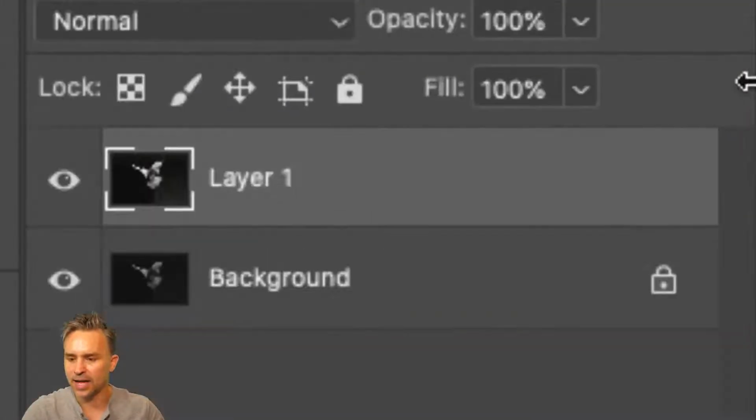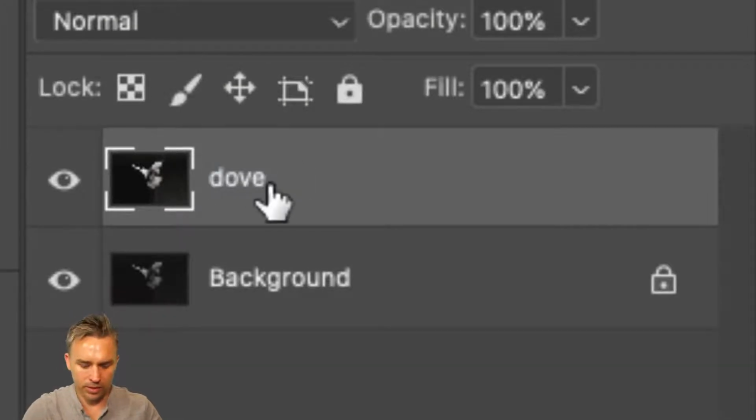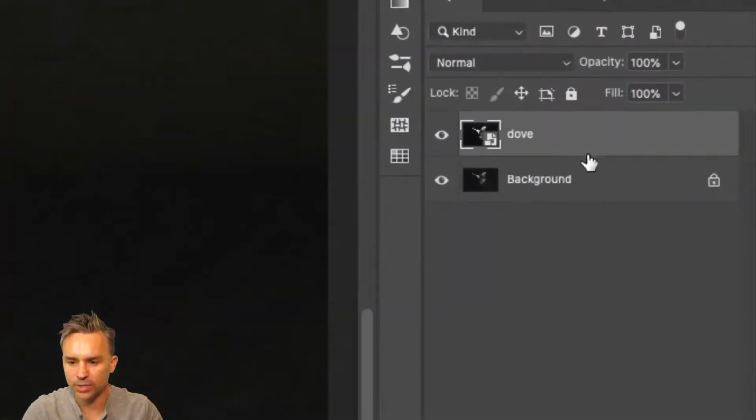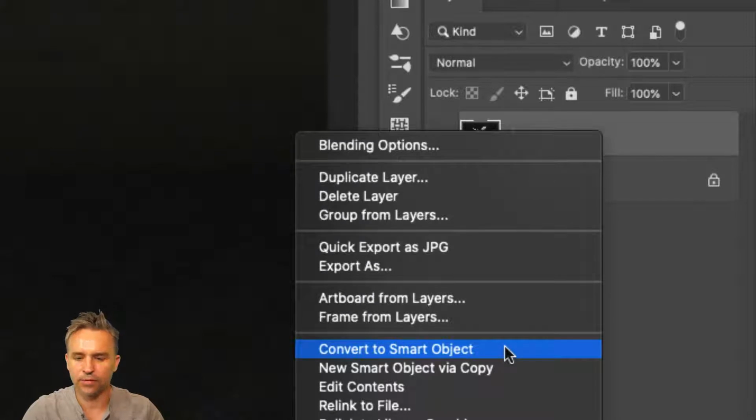Obviously, when I add it that way, it's destructive. So for this dove, what would actually behoove me to do is turn that into a smart object. So I just converted that to a smart object: right click, convert to smart object. I actually set up a shortcut key. It just makes it much easier